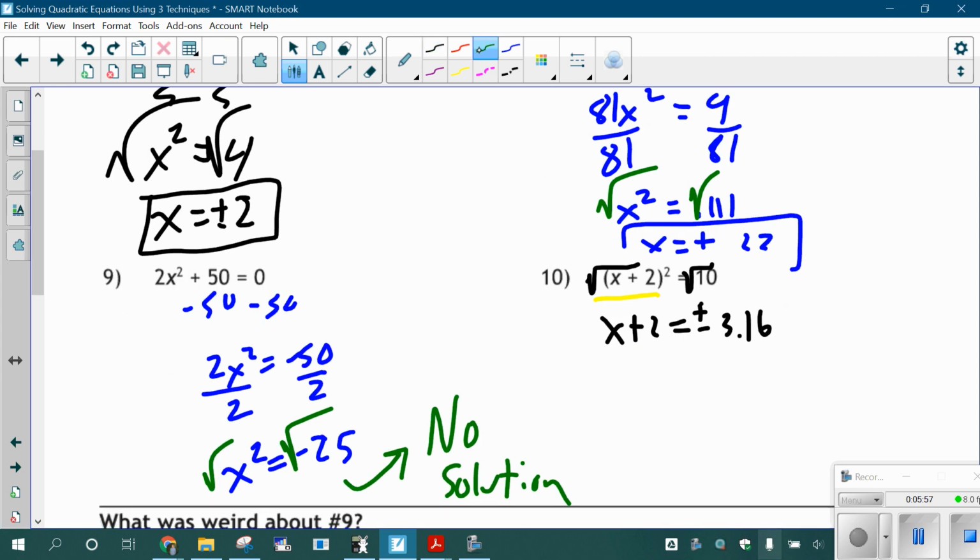Did we solve the equation? No, the x isn't by itself. So what's the last thing I do? I gotta subtract 2. Now here I have to be a little careful. I have plus or minus